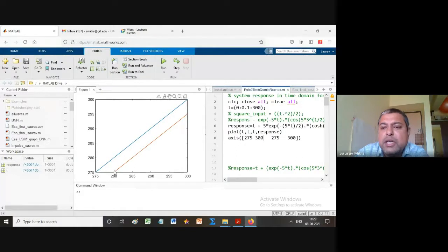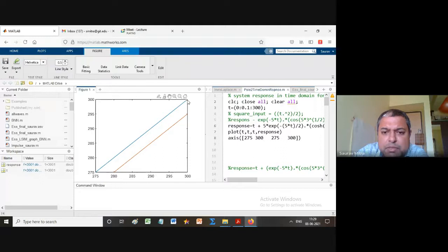So this is the most important graph to understand. It is parallel, like a rail line. At 300 the input will be 300, so there is no doubt about that. And at 300, how much is the output? Let us see. There you go. That is showing for the above graph; for the below graph it is not showing, it should show now. Okay, so this is 294, that means almost 295. So this is the most important graph.